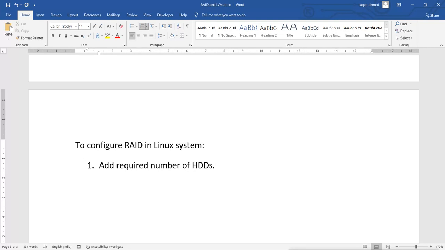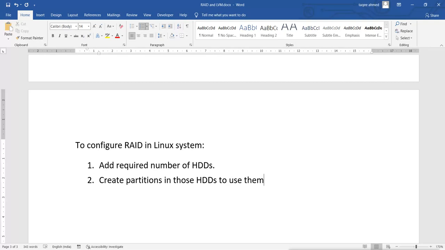Now the next thing we will do is create partitions in those disks to use them. So we'll do what? We will create the partitions to use them. So for using the hard disk in a RAID, we are not able to use the disk directly because we are using it in a software way. So what we'll do, we will create the partitions to use them.